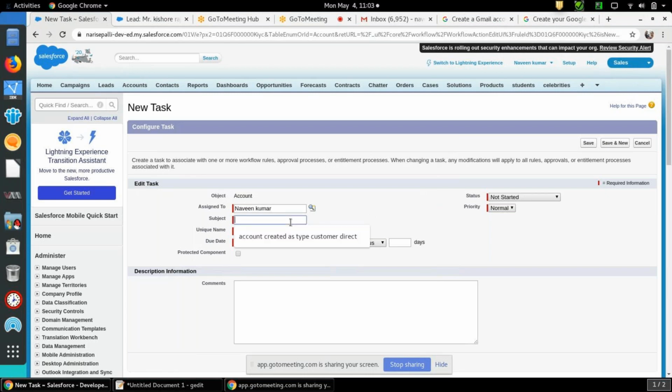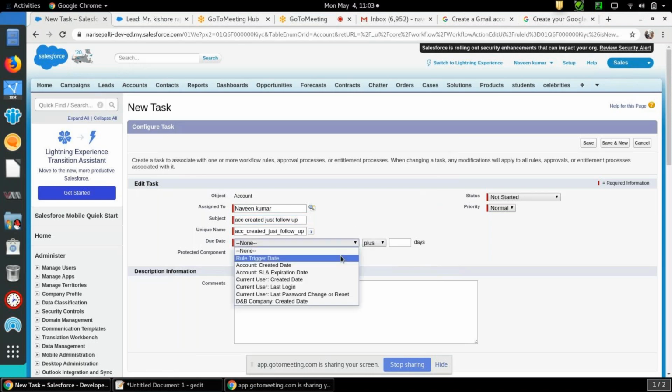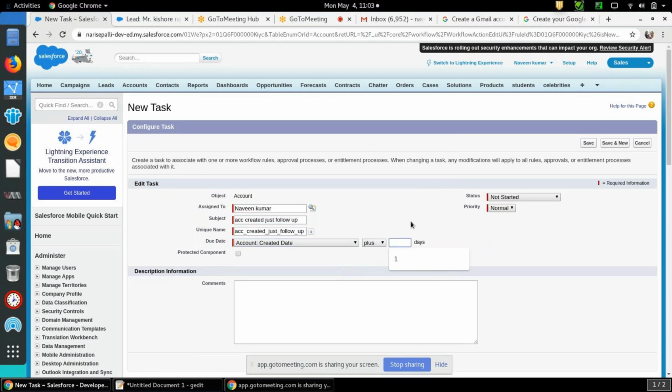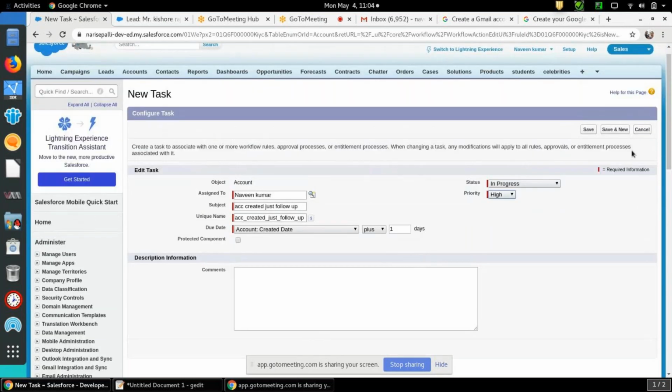Subject, you can mention account created, just follow up. Now due date, like account created date, and something like after 1 day you need to follow up. So I'm selecting in progress and high priority. You can select anything. Okay, that's it. Click on save.